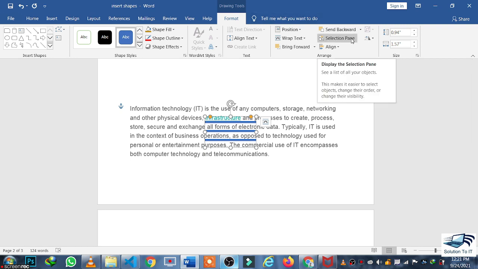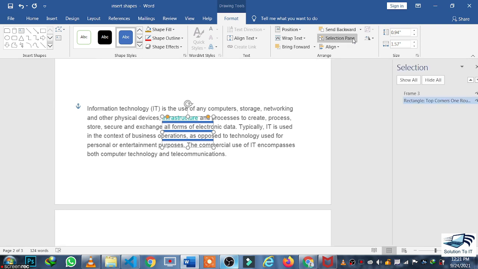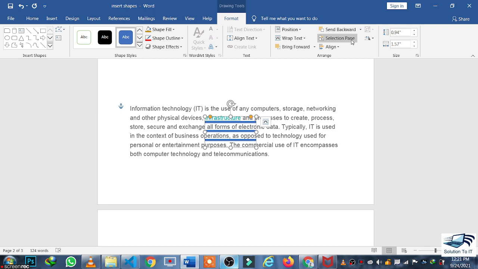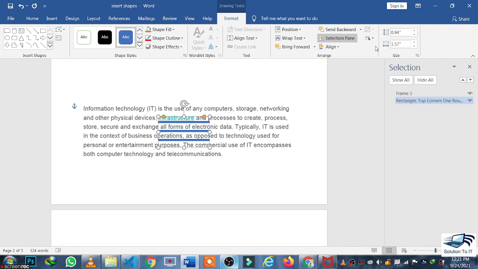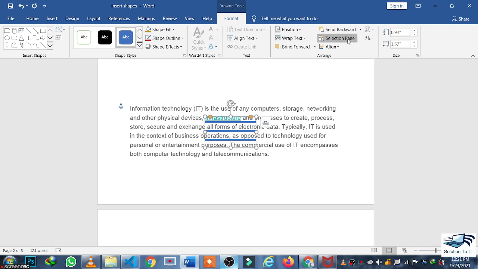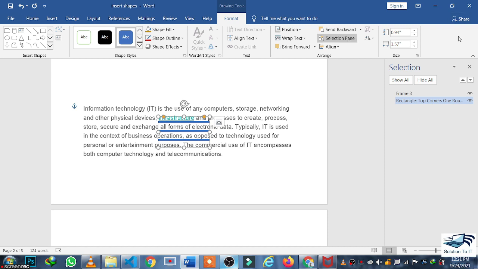And there is the next option of Selection Pane. If you click on the option of Selection Pane, you can see that the options Show All and Hide All will appear. If you click on Show All, all the shapes you have selected will appear.